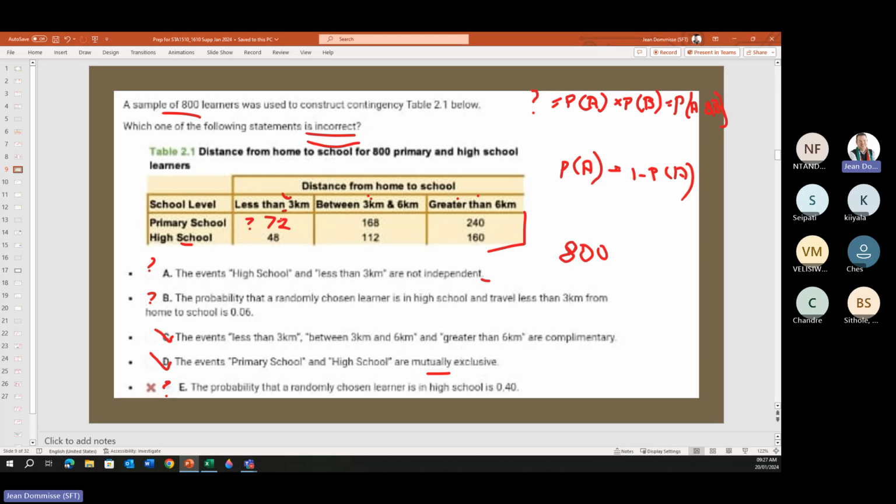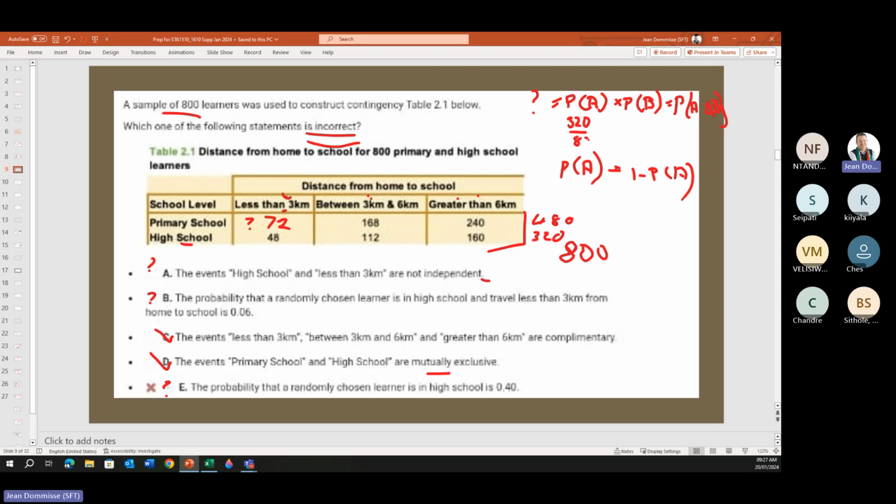So if we add 72 plus 168 plus 240, that will give us 480. Then if we add 48, 112, 160, that will give us 320. Okay, so the event high school is 320